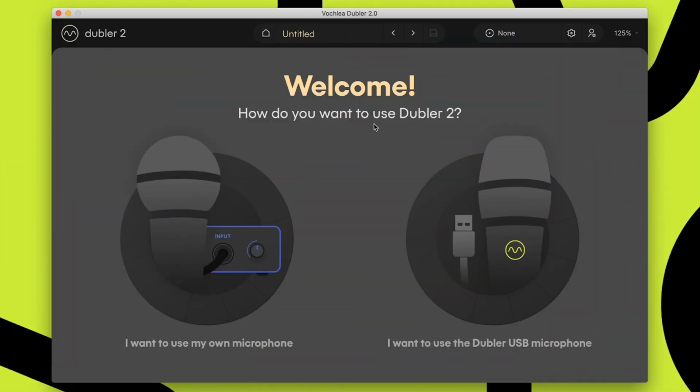So I've opened up the Doubler application and the first thing it's asking me is what audio input do I want to use with Doubler 2. So that can either be the Doubler USB microphone, that's what I've got here. It's the optimized microphone for use with the Doubler software. If you are a user of Doubler Studio Kit 1, it's the same microphone for that as in Doubler Studio Kit 2. It's got some neat features like handling noise reducing capsule. It comes with our own ASIO driver, so if you're using it with Windows, it's going to have that straight out the box. And it's the optimized device for using with Doubler.